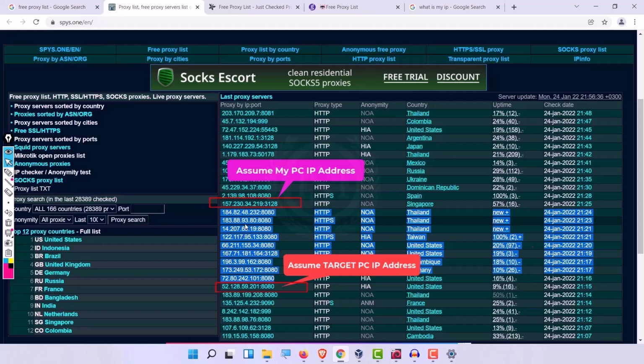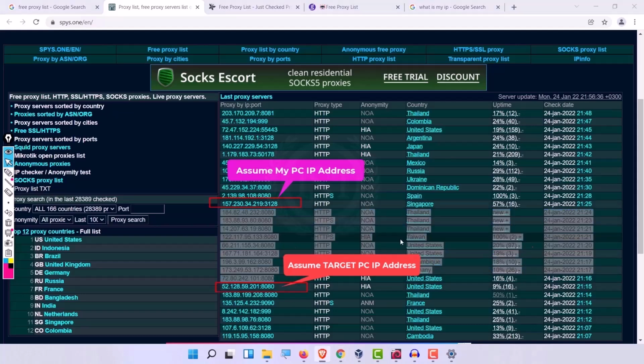So it becomes very hard for the target company to find my original IP, which is 157.230.34.219. So I am going to link these proxy servers as a chain in order to hack into this machine, or in order to conduct penetration testing. As said, ProxyChains is a tool that forces all connections made by your applications, basically TCP connections made by your programs, to go through all these proxy servers. Moreover, when you are using a Tor browser, most of the time the proxy type is HTTP or HTTPS.